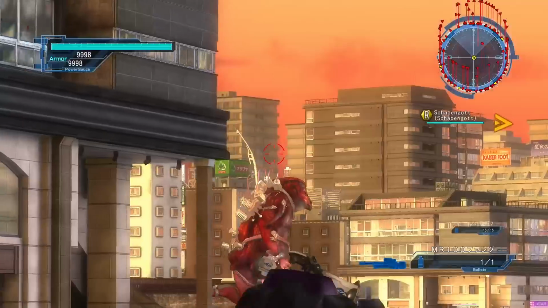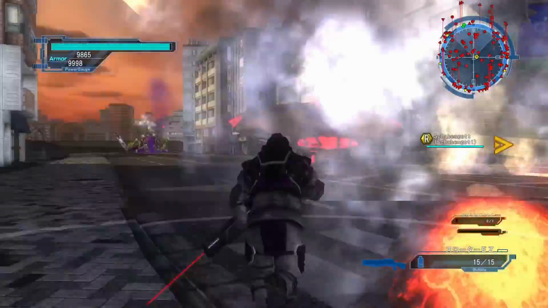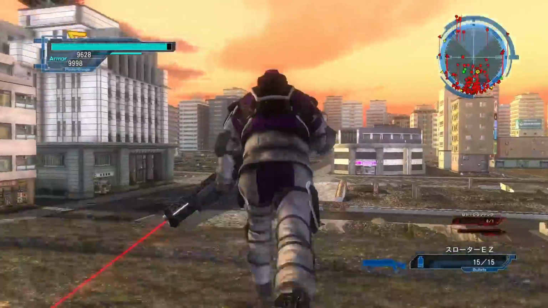Of course, he has one more health than I do, as he always has one more of everything than me. So I have 9,998. He has 9,999. We're going to try and do these harder missions with lower health eventually, but right at the start here,